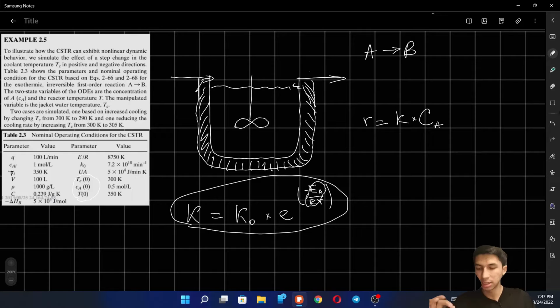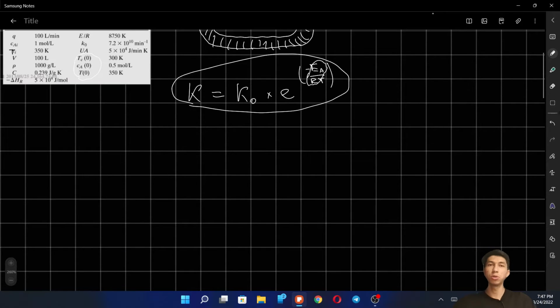And here it says the two state variables of the ordinary differential equations are the concentration of A, which is going to be Ca, and the reactor temperature. Which means we are going to need two differential equations to solve this, to simulate this question,